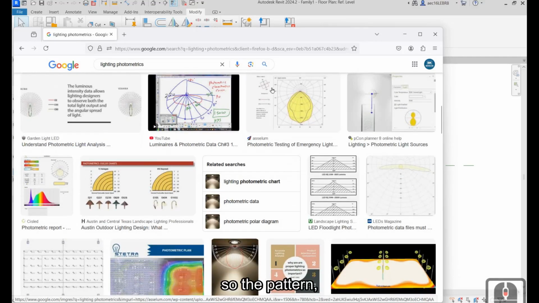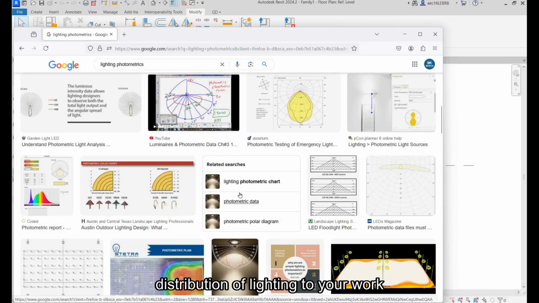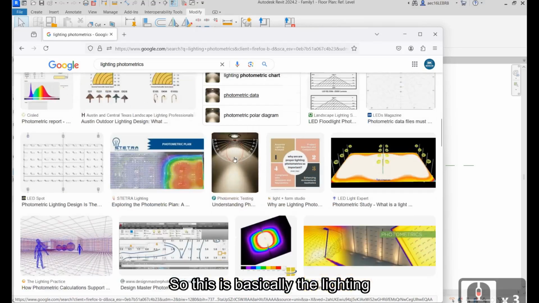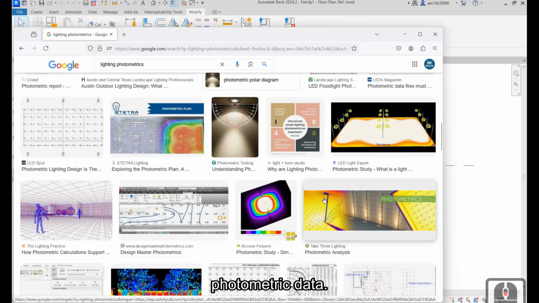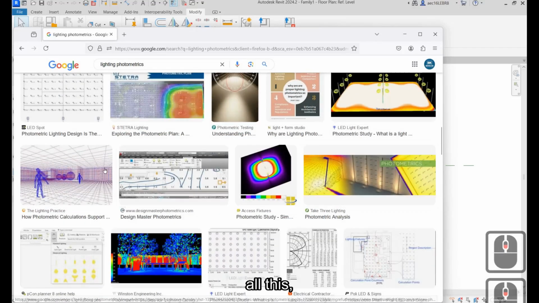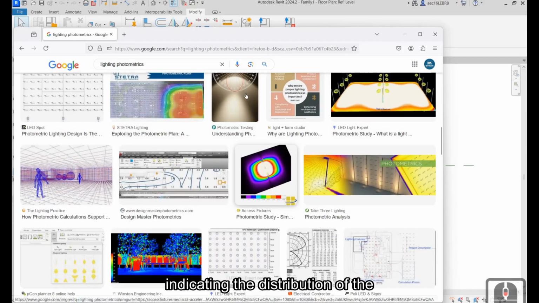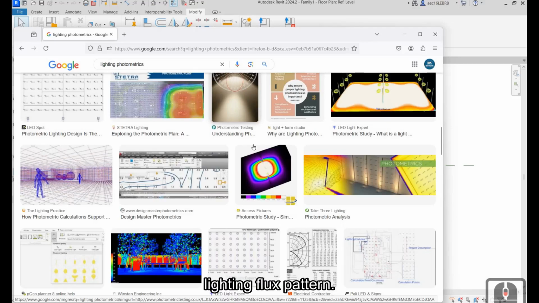The pattern will determine the distribution of lighting to your work plane. So this is basically the lighting distribution pattern, or called photometric data. All these indicate the distribution of the lighting flux pattern.